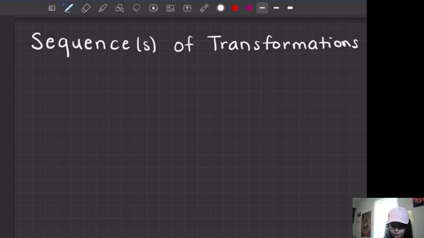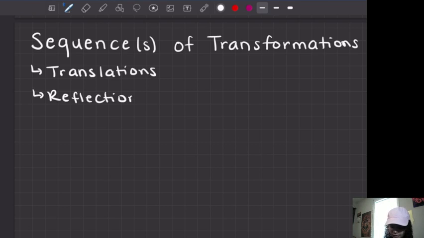So our different transformations, we have translations, reflections, rotations, and we also have dilations,